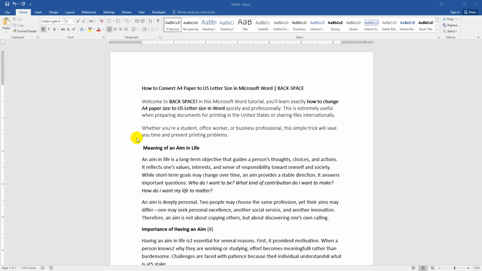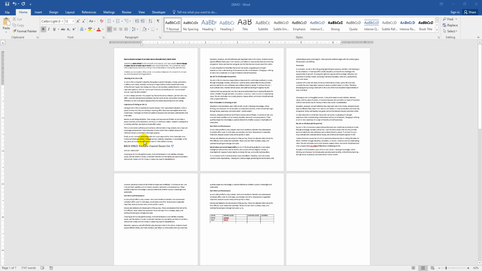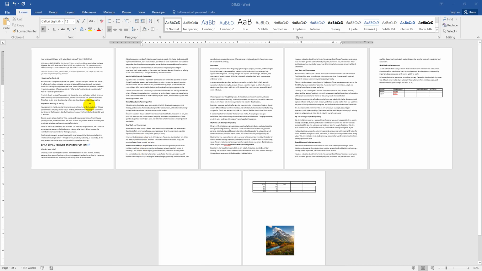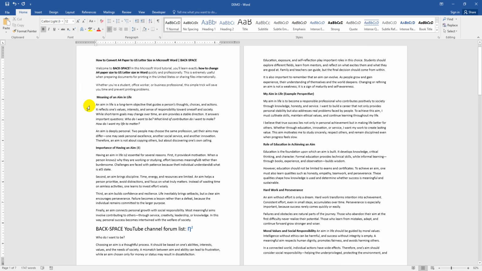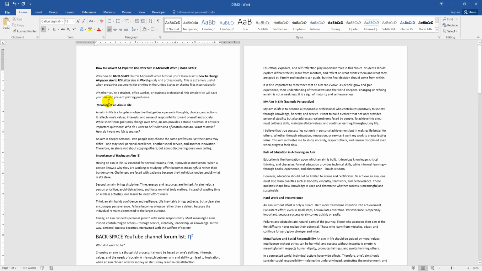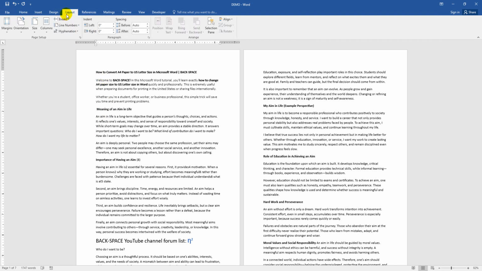You can see here an assignment. Now I want to change the size of the page from A4 to US letter. Go to the Layout menu, then click the Size drop-down menu, and we can see here the default is A4. Now I select the US letter size,